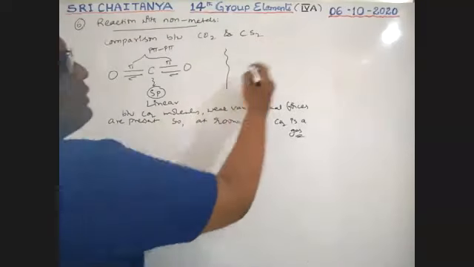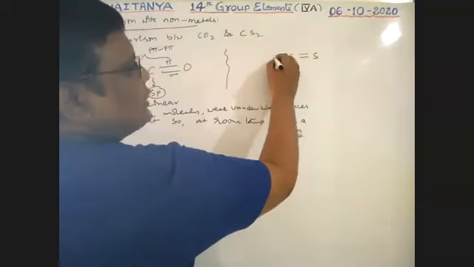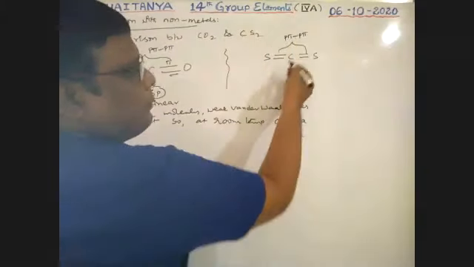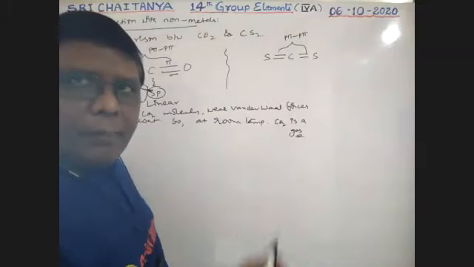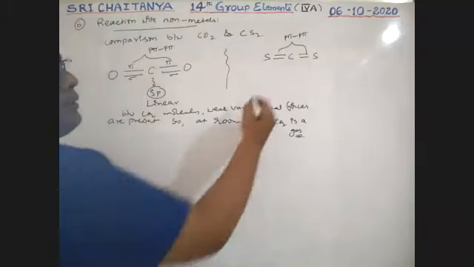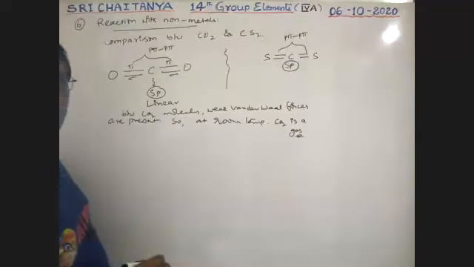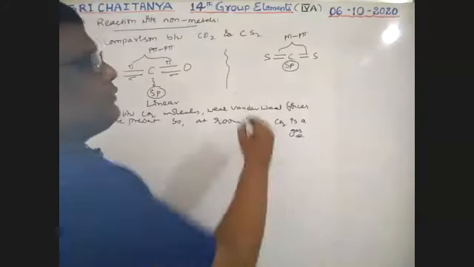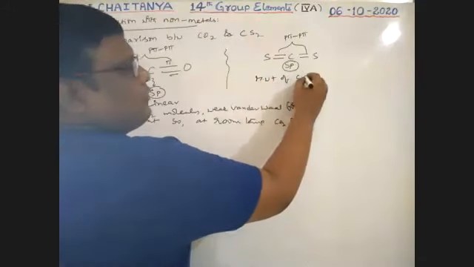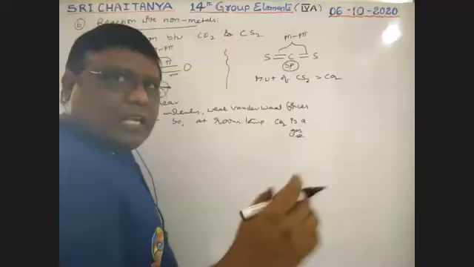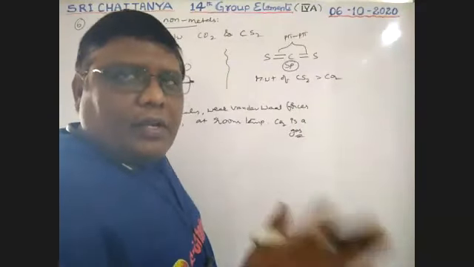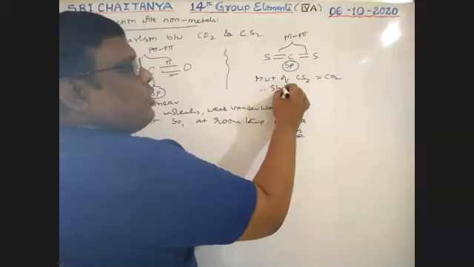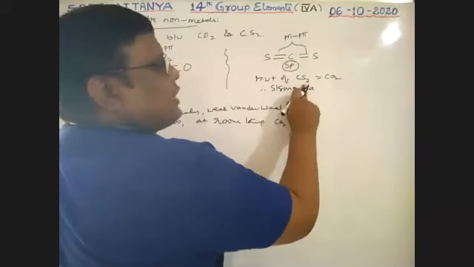But in CS2, here also there are pi bonds. These two are also p pi bonds, because carbon is a smaller atom that can form p pi bonds. Here also carbon is in sp hybridization. But the molecular weight of CS2 is greater than CO2, because sulfur has a greater atomic weight. Therefore, strong van der Waals forces are present.